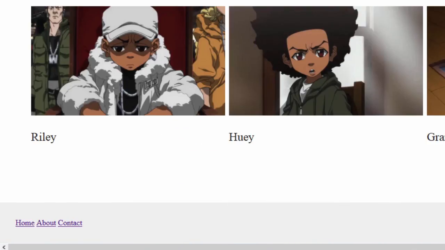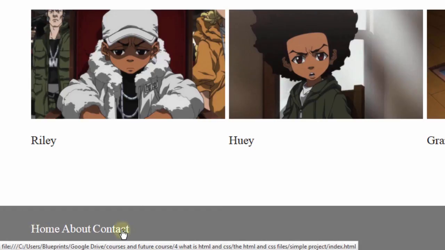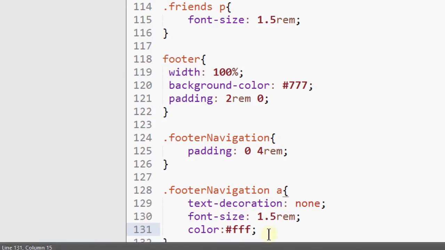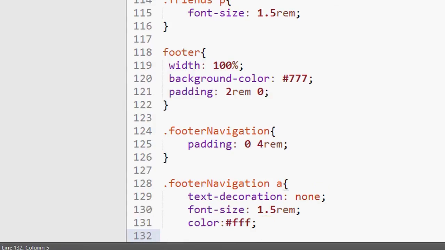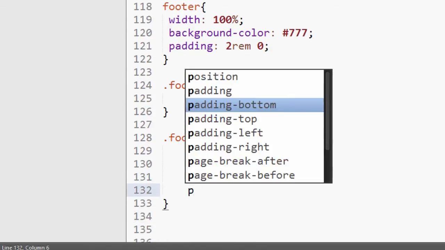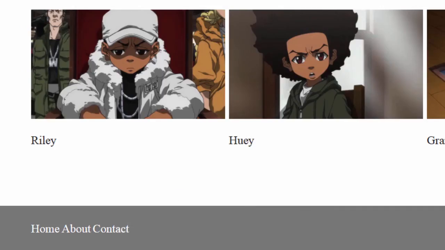If I reload, there we go. Now of course I want to make this guys, if I come here, footer navigation A, I can add what is called padding on the left. If I add a padding on the left of maybe 1 rem to create some space, then that is going to give us this. Okay,